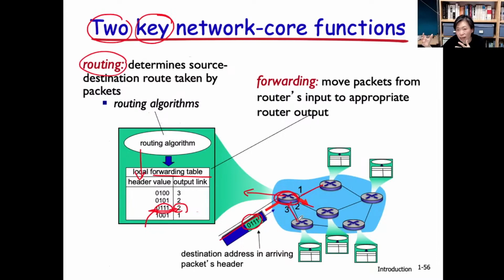So it's no longer that intuitive why packets need to be stored and then forwarded. Now you see, packets need to be stored here, and then the router can look up this field and match this entry and discover that this packet is supposed to go out on network interface 2, this direction, to this router next. Similarly, this router needs to store the packet entirely, and then it can look at the header, this particular field, the destination address, and find out in its own routing table which router to forward the packet to next.